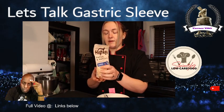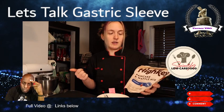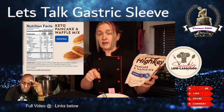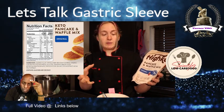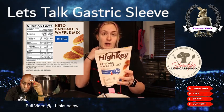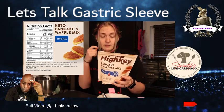The HighKey I have not tried. It was the most involved in getting things together because there's vanilla, almond milk, coconut oil, and an egg. So it has the most ingredients. The Birch Benders has buttermilk in it. So I think that is what helps it a little bit, cut down on the ingredients you need to add. But these are only 2 grams of net carbs for 3 pancakes